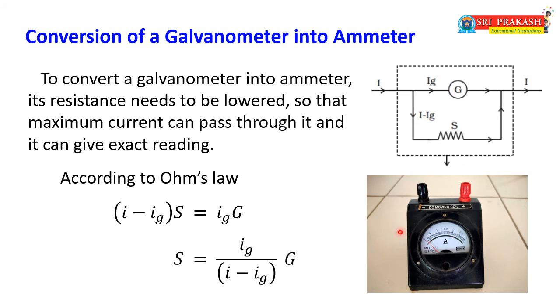And in practical you can observe, moving coil galvanometer means the needle will be at 0 in the middle and 30-30 divisions on both sides, but ammeter starts from 0. If you pass the current, it will show the deflection. According to the deflection we can get the current value. It will be calibrated, so the readings are given according to the current.